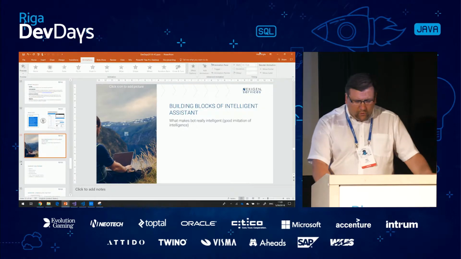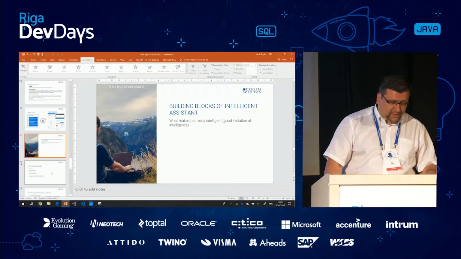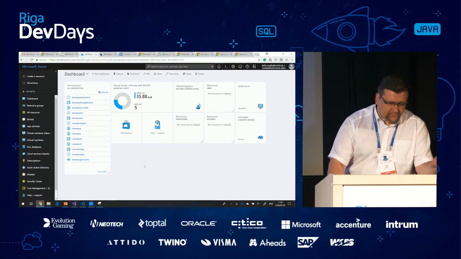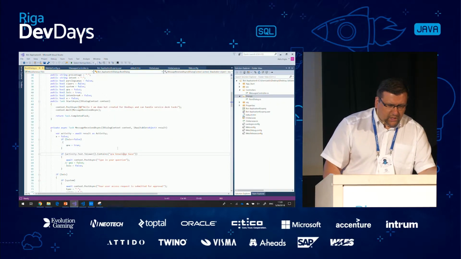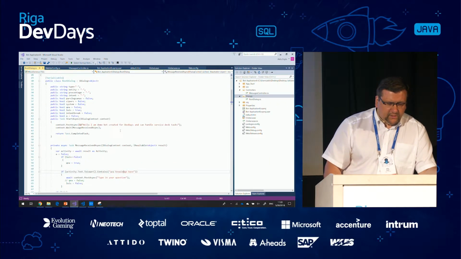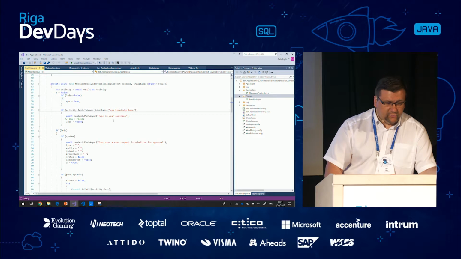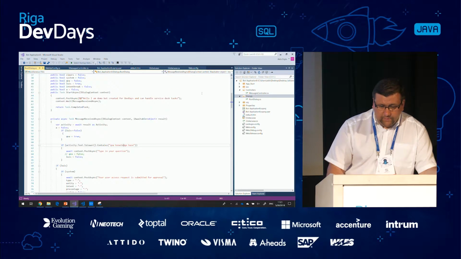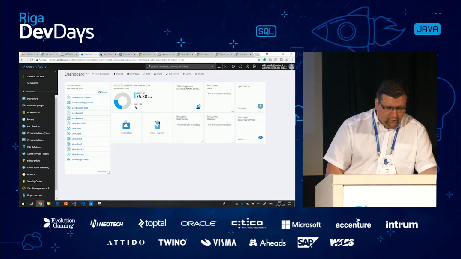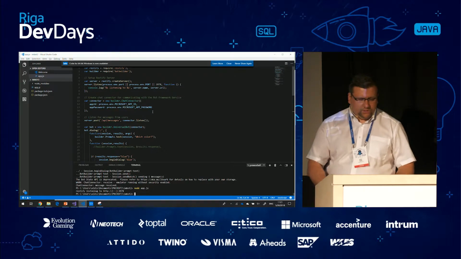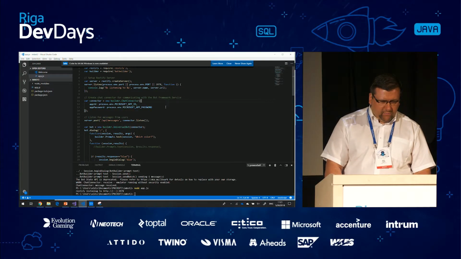And before we go to this intelligent part, I will show you how this is deployed. If you use, for example, Visual Studio, you could deploy it by configuring continuous integration or continuous deployment, or you could just publish it to the service. There is some bot example. Or before you publish it, for example, here I wrote a simple logic in Node.js, and we see that my bot is like